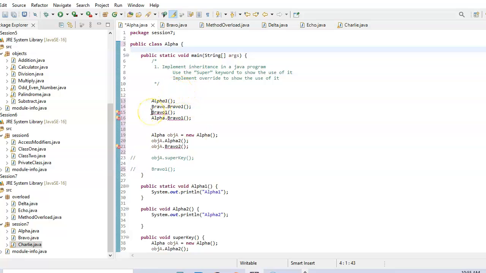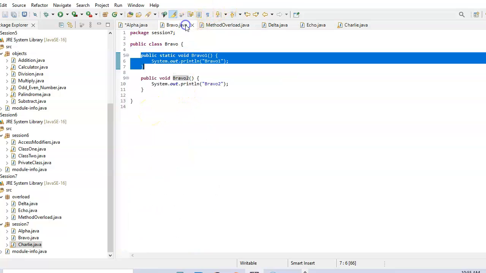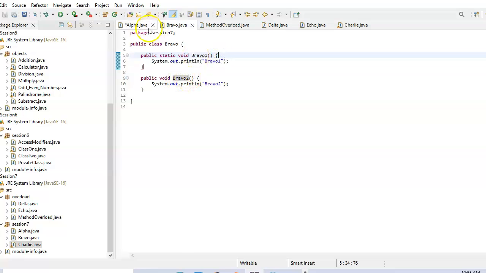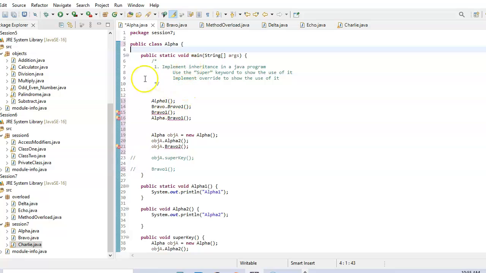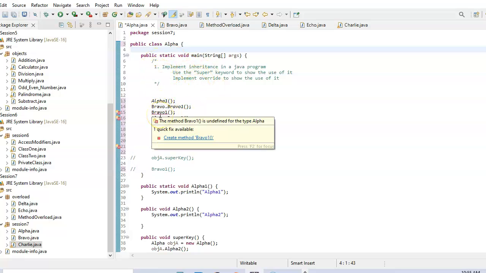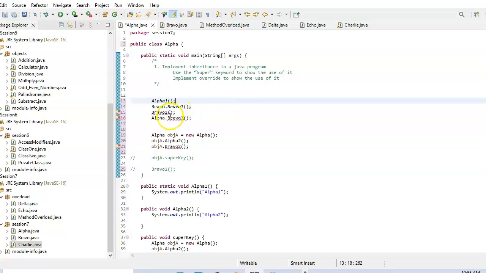But when it comes to this method here, bravo 1,